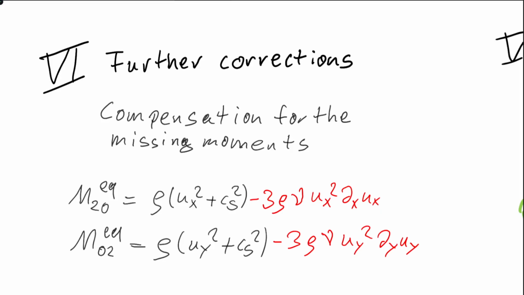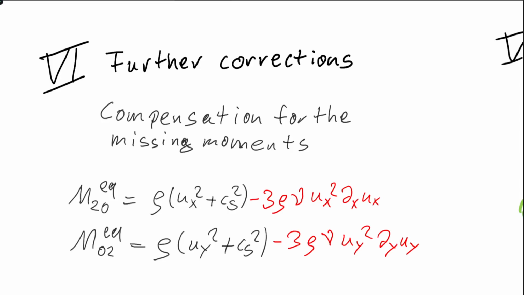So if we add this to the equilibrium, we can compensate for the non-existence of these third order moments, and by so doing we can actually correct the viscosity completely to second order in velocity,